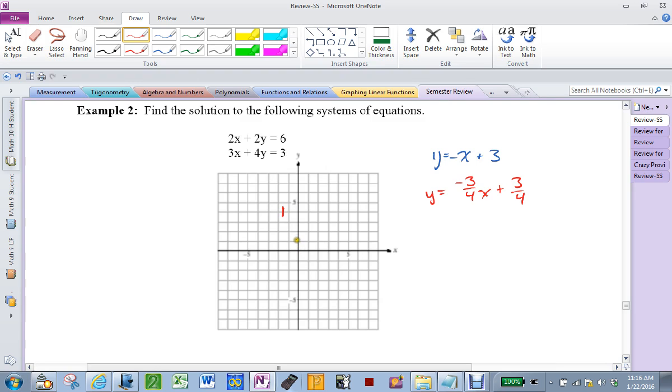So 3/4: down 1, 2, 3, and out 4. Negative, out 4. There, making that 1 for my red line. My blue line needs to have a slope of 1 with a y-intercept of 3. Yes? So as long as my slope is 1, I know it's going to be going